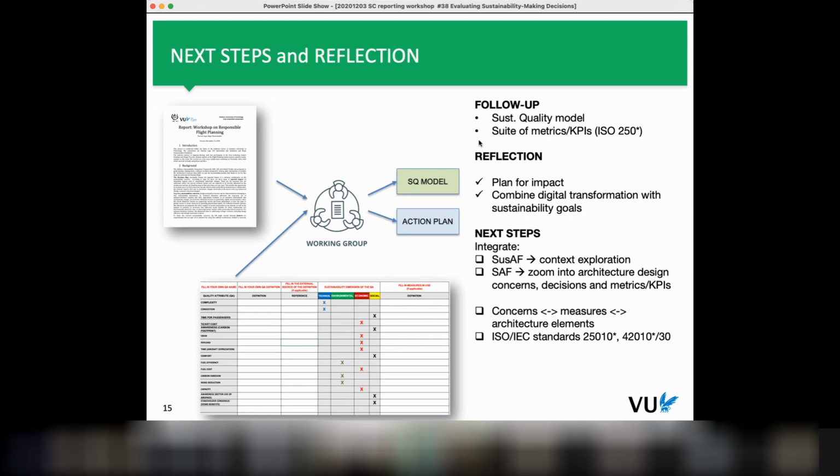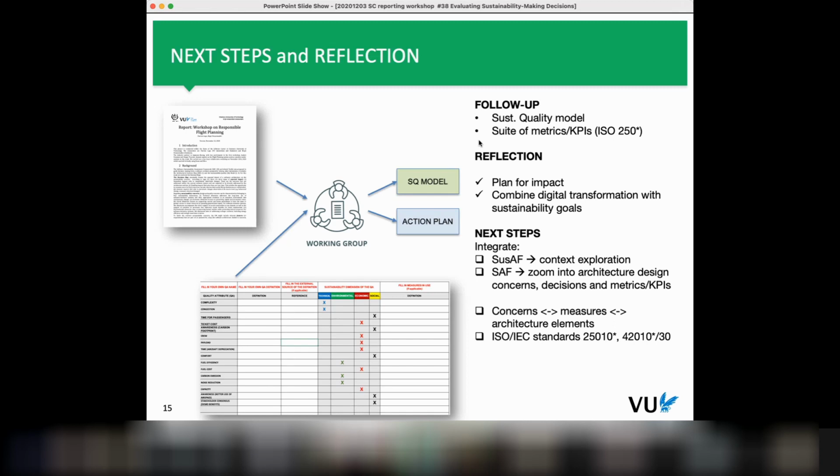And what we are doing now as a follow-up is that we translate, in these templates that you see in the bottom side, all these concerns into quality attributes to build a sustainability quality model. Such a quality model will include definitions and measures that will be extracted from the current practice of the company,